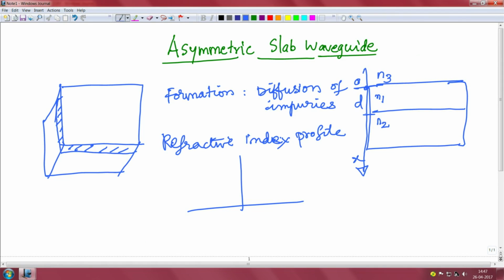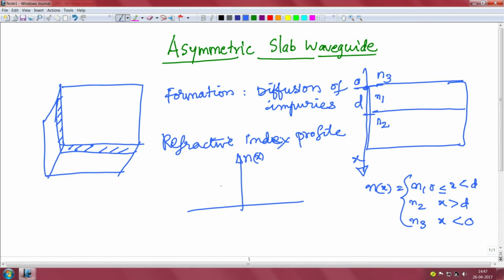So, for x lying between 0 and d, the refractive index is N1, and it is equal to N2 for x greater than d and N3 for x less than 0. This is the refractive index profile, and we can represent it graphically as follows: